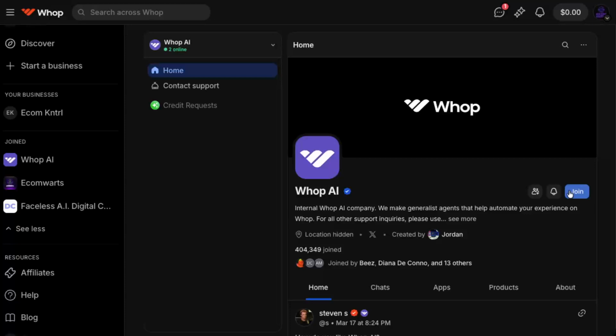When you're ready, click the Leave button. After clicking, Whop may ask you to confirm that you really want to leave, just to prevent accidental cancellations. If a confirmation prompt appears, go ahead and confirm your choice. Once you've done that, your cancellation is complete. It's a good idea to refresh the page and check the Joined section again to make sure that membership no longer appears there, which confirms